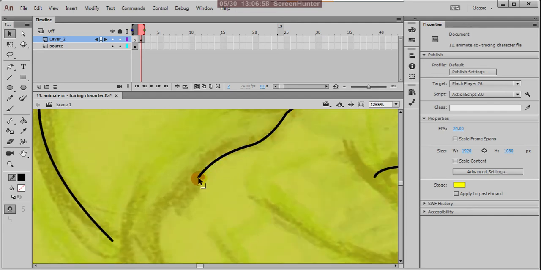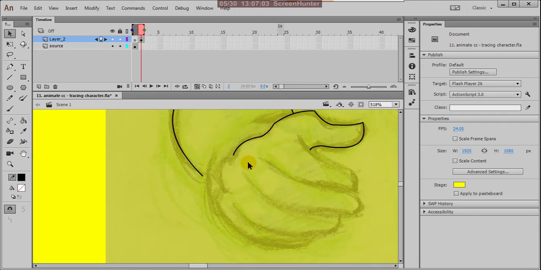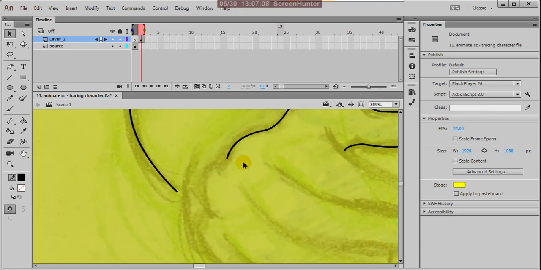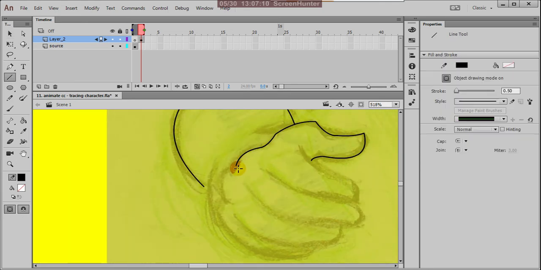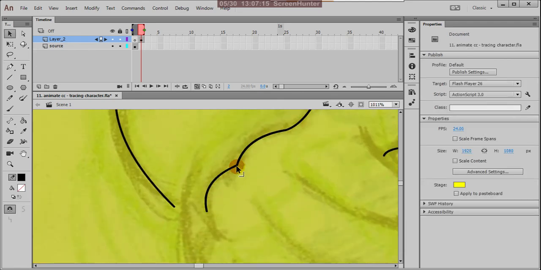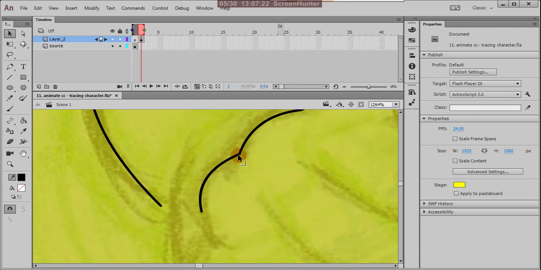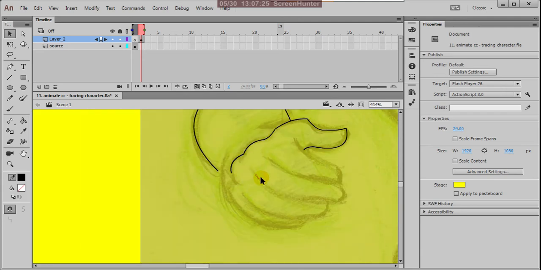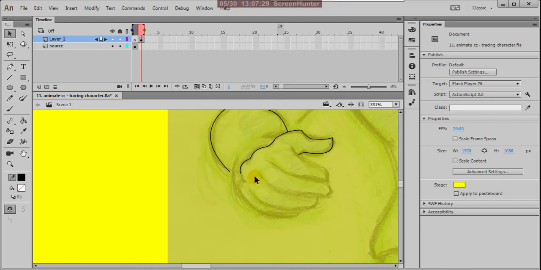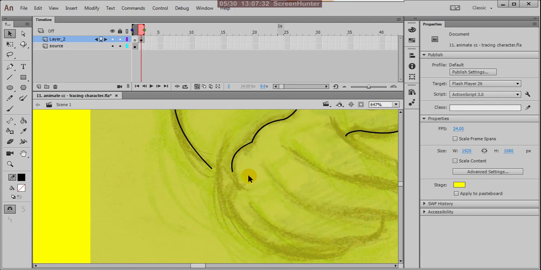Because I'm tracing here, I'm not explaining everything. The work process already explained how to arrange in layers and how to import, and how to use the line tool and the selection tool and all.